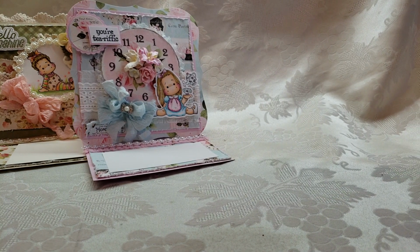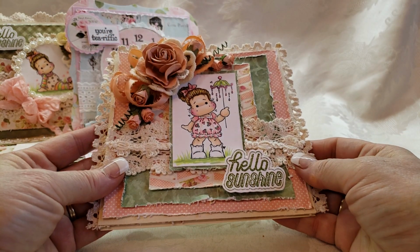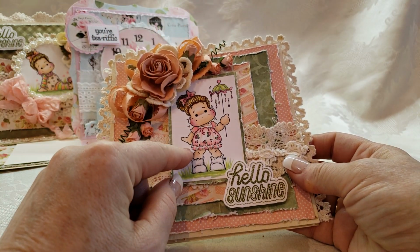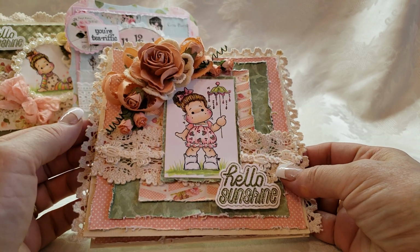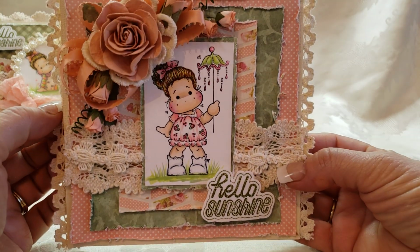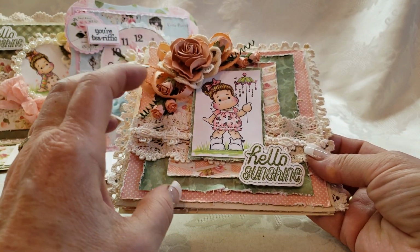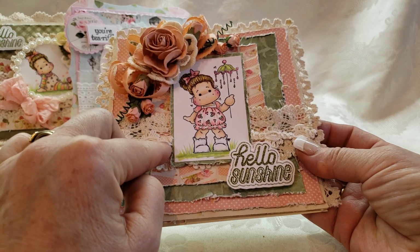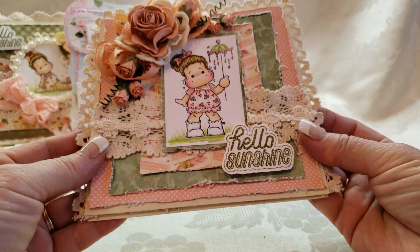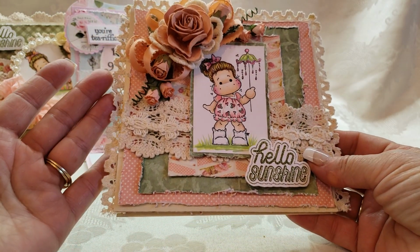All right, third card, let's go with Hello Sunshine. And this is another tilde from that little circus collection. But again, I don't think she necessarily looks very circusy. Again, just lots of distressing, layering. There's 2 different types of lace here, and then I layered this one across the center. Got the sentiment, Hello Sunshine again. And I added this other